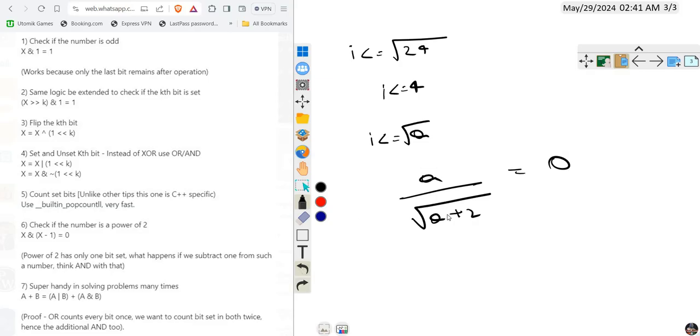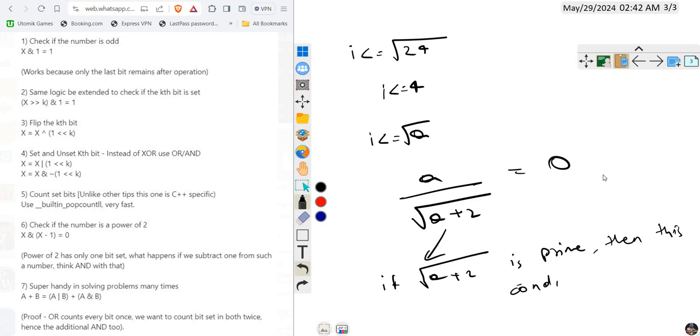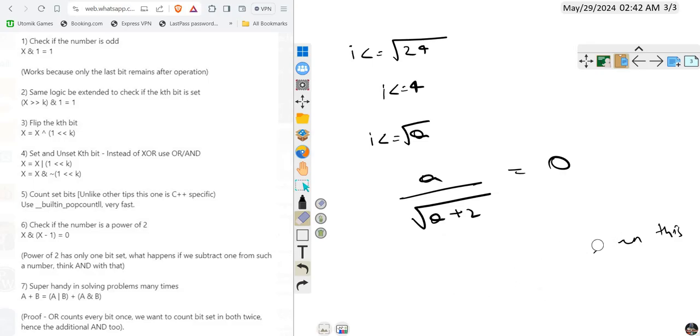If root a plus 2 is prime, then this condition will also come. And obviously any number after a dividing with the root, we will get not 0. We can't say 0